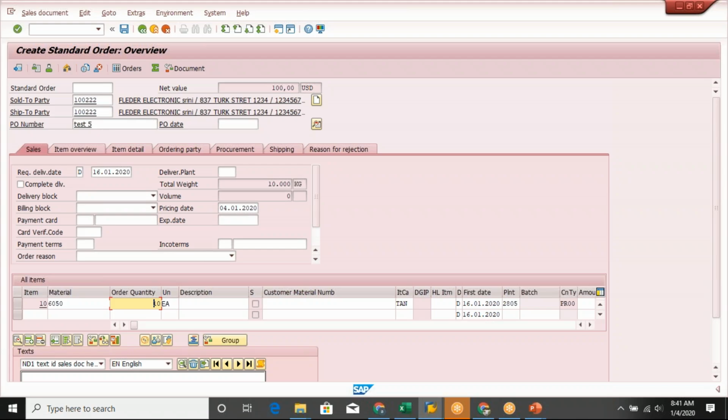The price data is also one-time data, right? Generally the price may change, but you don't create a different price every day. Maybe once in a month, once in 6 months, or once in a year, you can change the price, but again the price data is also one-time data. That means in order to create the sales order,